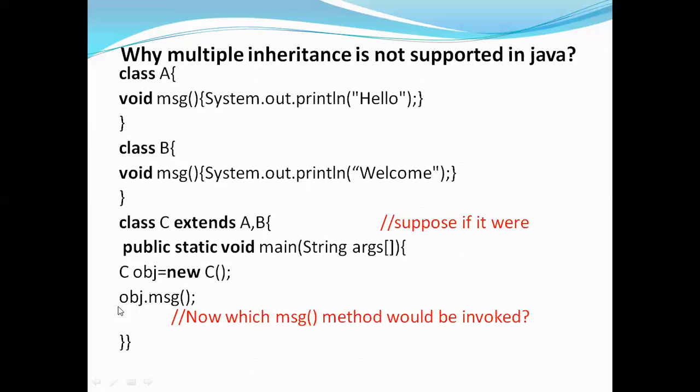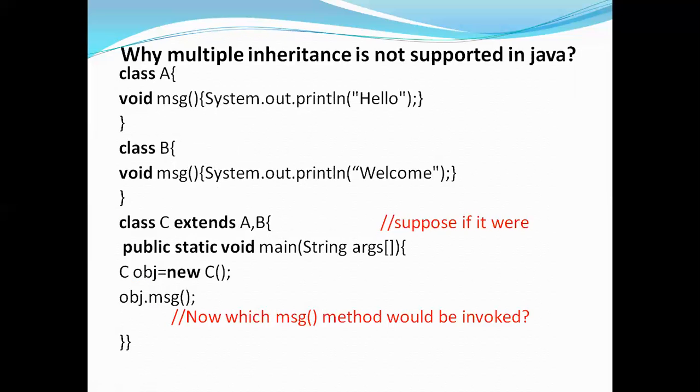So when I'm calling obj.message, it will be in confusion whether to call this method or this method, because it is extending both the classes. So this is a problem. That's why it is not supported in Java.